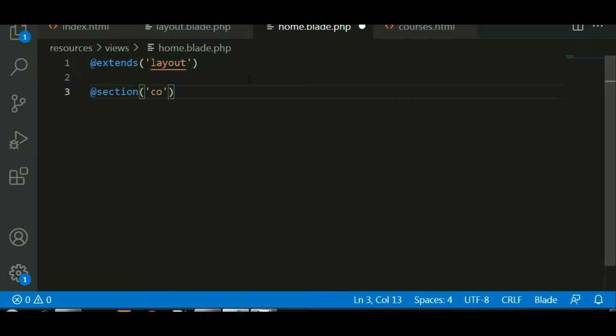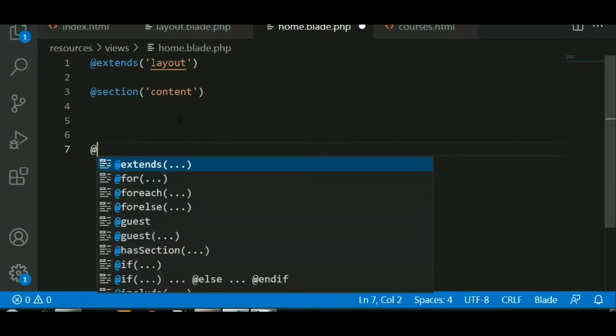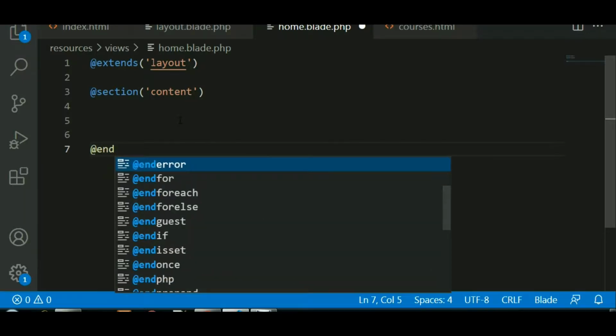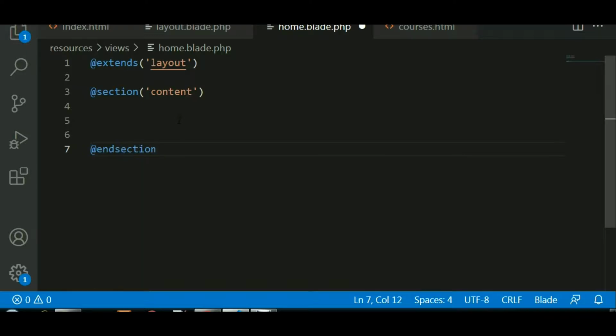Whatever HTML content of the home page, you just write down here in this particular section. So here I have started the content section and I can end the content section with @endsection. You just write down like this. So this is the beginning of the section content and the end of the content.